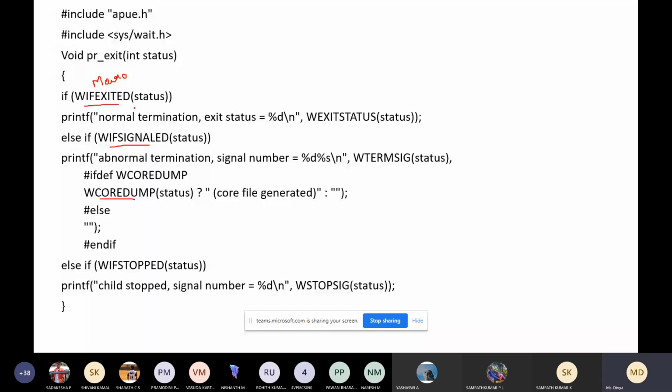You can see here this is a function, void pr_exit. Inside the pr_exit function, we have these statements. So this is our main program, demonstrating various exit statuses.